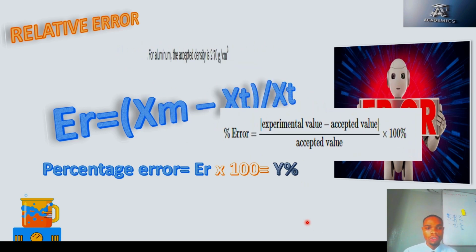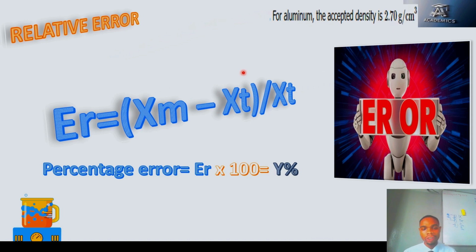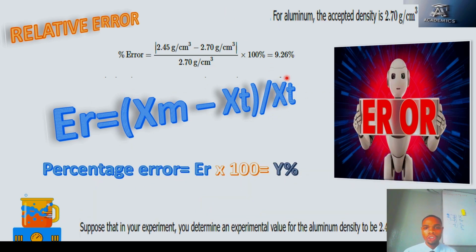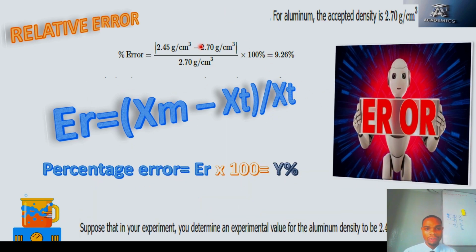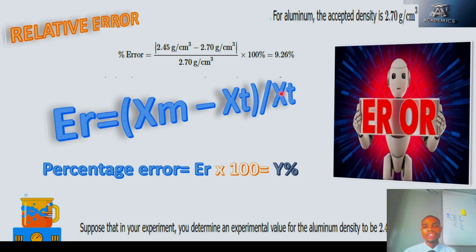So let's quickly solve this question. Let's say the accepted density for aluminum is this, and when you carry out your experiment, you got 2.42. For you to calculate your percentage error, all you just need to do is to subtract the accepted value from what you got, divided by this, multiplied by 100, you get this. So you can see it's very simple